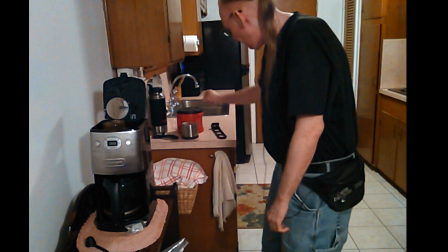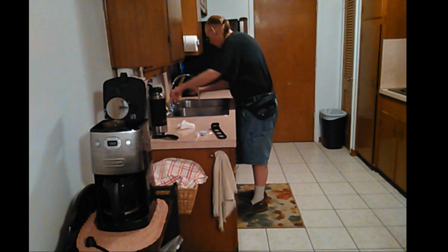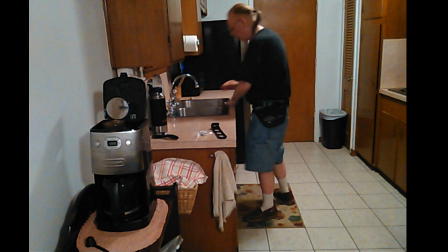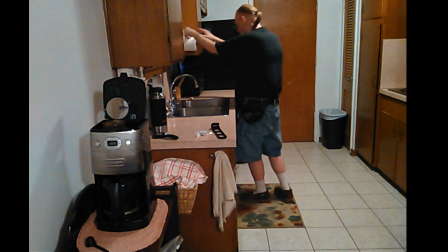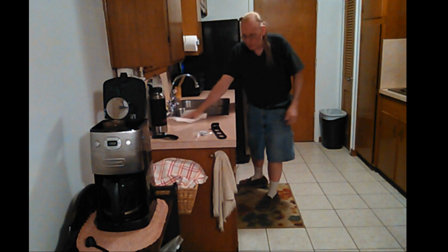Although this time it hasn't been that long at all. But when I changed the filter, I didn't feel good, and I didn't go ahead and clean the coffee pot, and it needed it really bad. This one, I don't know if you can tell by looking at it or not, but to me it looks dirty. But it's not working good, so I'm gonna throw it away. They're not cheap, and I hate